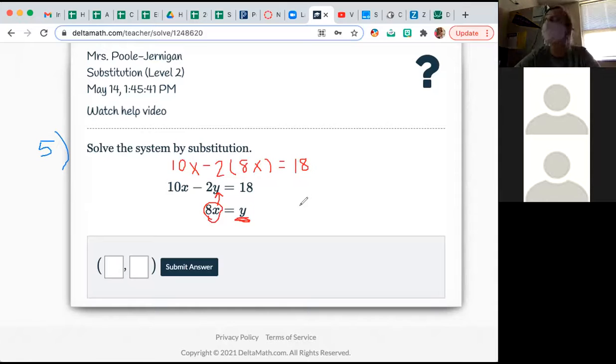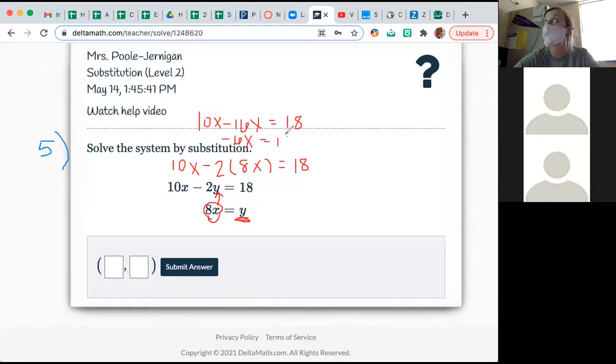It's okay. 10x minus 2 times 8x equals 18, right? Okay, what is 2 times 8x? Good, so that's 10x minus 16x. So 10x minus 16x equals 18. Well, you can combine 10x minus 16x. That's negative 6x